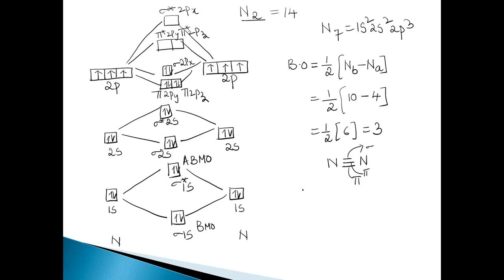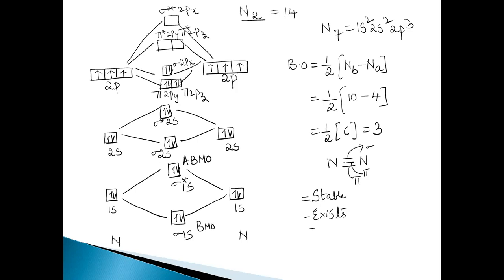Right, so when we look at the properties of this, you can see the bond order is 3 here. What does it mean? If the bond order is positive, you know that it is stable. Because it is positive and more than 1, it is very stable, and more energy is required to break these bonds. Because there are 3 bonds being formed here, it is stable and it does exist, right?